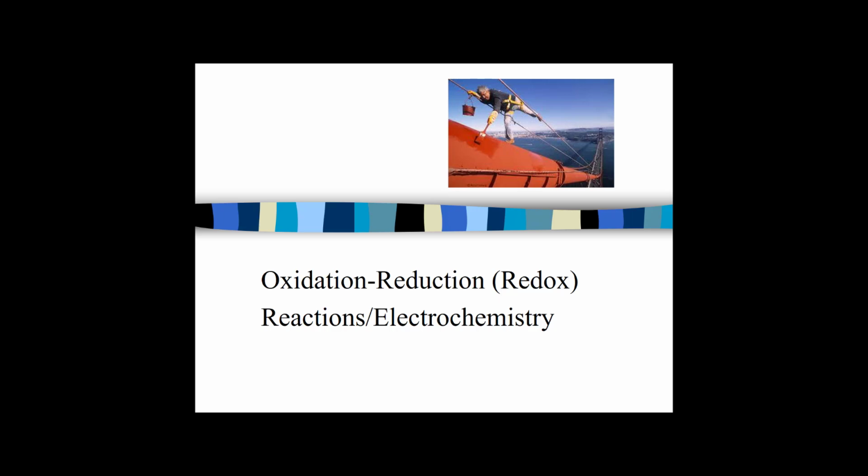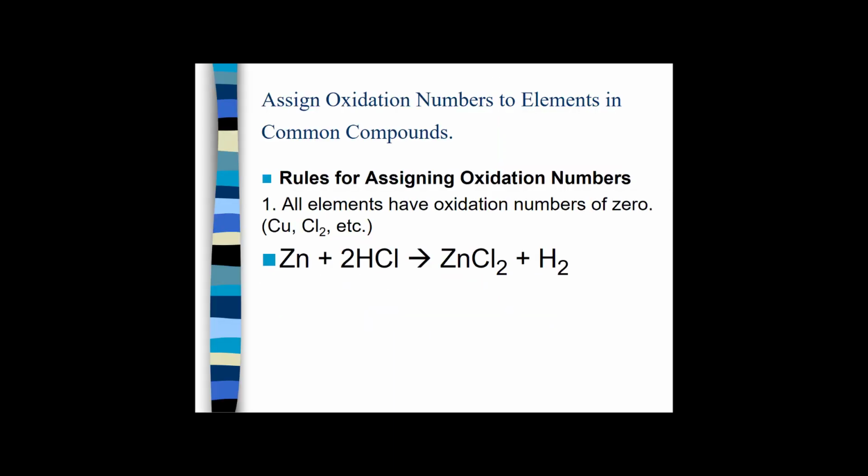In this unit, we're going to be talking about oxidation and reduction reactions. They are also known as redox reactions. We will also take a look at electrochemistry, which is the chemistry that is involved in how a battery runs. To be successful in this unit, you need to be able to assign oxidation numbers to ions and also elements